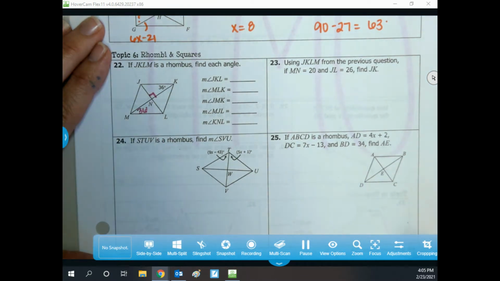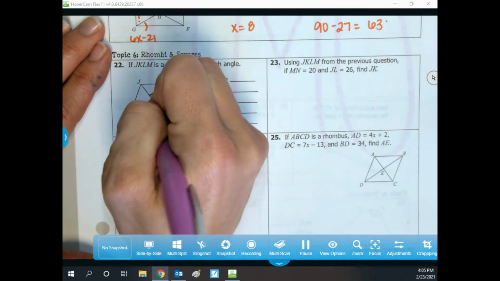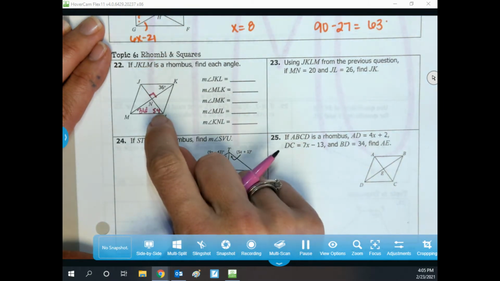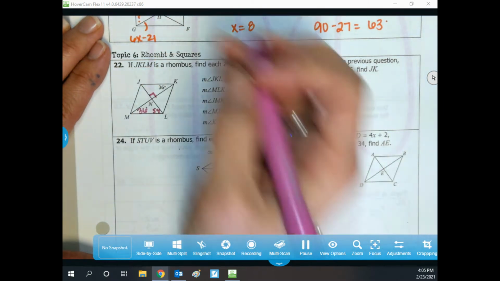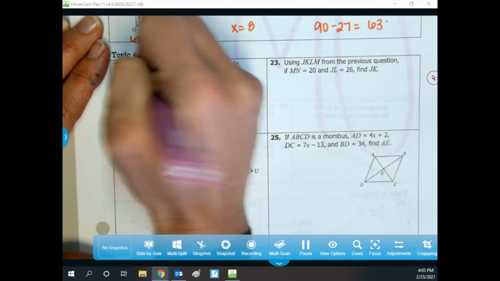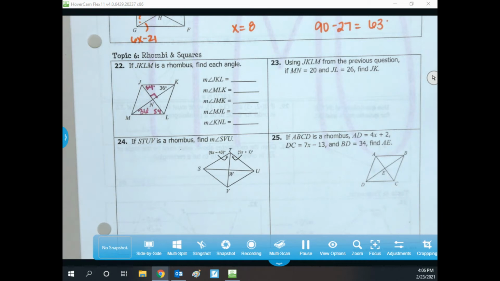So 90 minus 36 is equal to 54. So this piece is 54. And if this piece is 54, this piece is also 54. All right. So it is asking us for